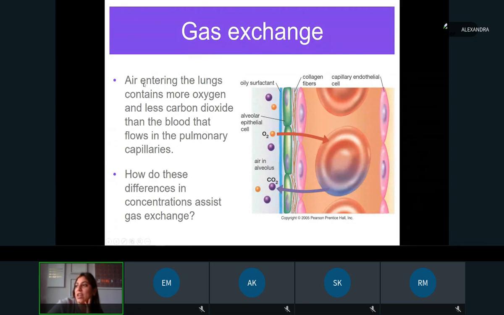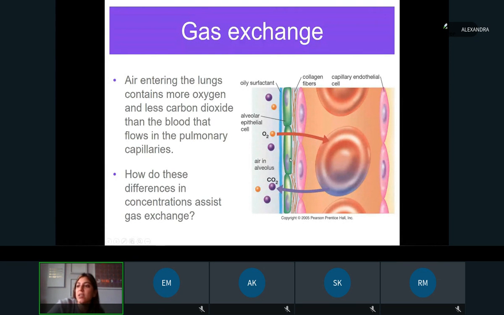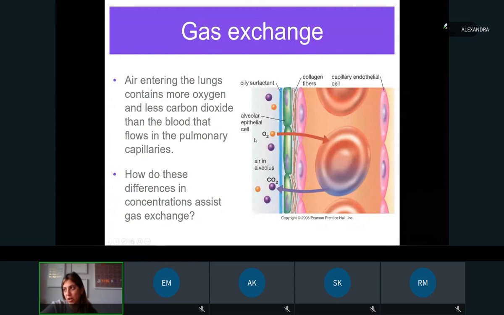Okay, so the gas exchange. So what's actually happening when we're exchanging gases? Air entering the lungs contains more oxygen and less carbon dioxide than the blood that flows in the pulmonary capillary. So remember that diffusion goes from areas of high concentration to areas of low concentration. So if there's more oxygen over here and less oxygen over here, it's going to want to go in that direction. And then the same is true. If there's more carbon dioxide over here and less carbon dioxide over here,